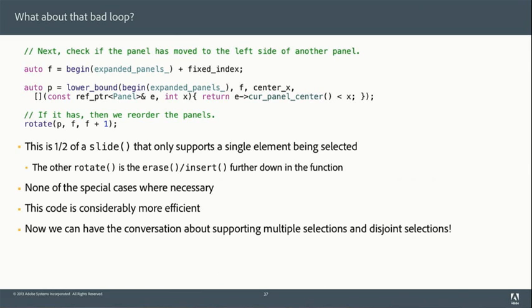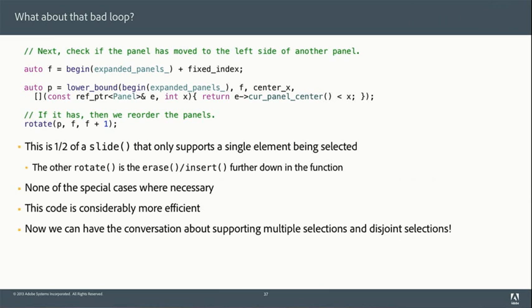Now, okay, it turns out that where this code is used is actually dragging windows within Chromium OS. Okay, you got a list of windows that you can kind of zoom out on, and you can drag a window from one position to another. Okay, so maybe it would be nice if I could command click on a bunch of windows and drag them all to some position. When I have the code that's got a half dozen loops and a bunch of conditionals and a bunch of special cases, and I go to the engineer and say, why don't you support disjoint selections? Their head's going to explode. Okay? It was a very complicated thing.